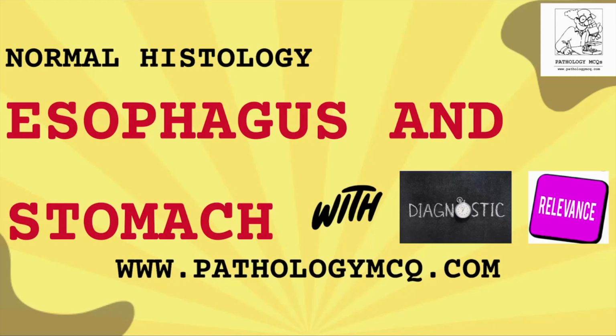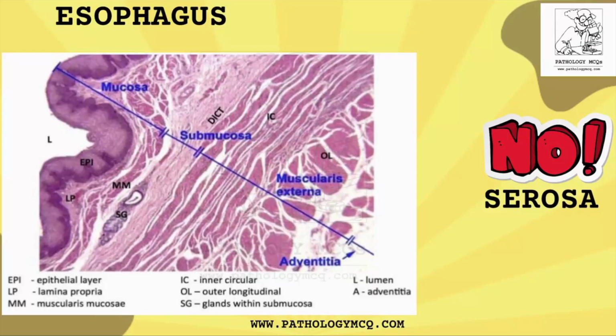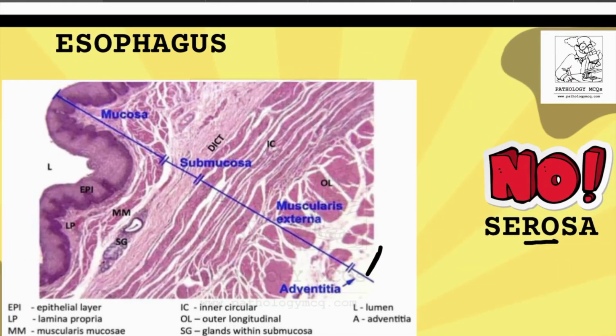We're going to discuss the normal histology of esophagus and stomach with diagnostic and clinical relevance. The gastrointestinal tract is a hollow tube which is composed of a central lumen covered by mucosa, submucosa, muscularis, and serosa. This is true for most of the parts of the gastrointestinal tract. However, there are a few exceptions. For example, in esophagus, there is no serosa. Instead, an adventitia is